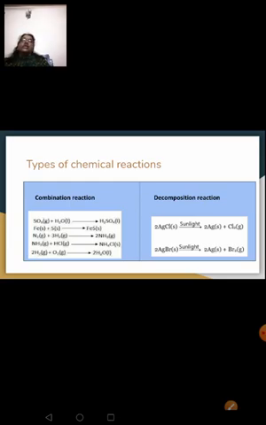Then decomposition reaction, a compound is split into its constituent elements. That is what is called decomposition reaction. So for decomposition to take place, you have to either pass electric current or you have to expose it to sunlight. We have done this already. So I have shown 2 examples, the decomposition of silver chloride and silver bromide. Silver chloride gets decomposed, that is AgCl. It decomposes into Ag and Cl2. Your silver bromide decomposes into Ag and Br2. So these are the 2 examples.